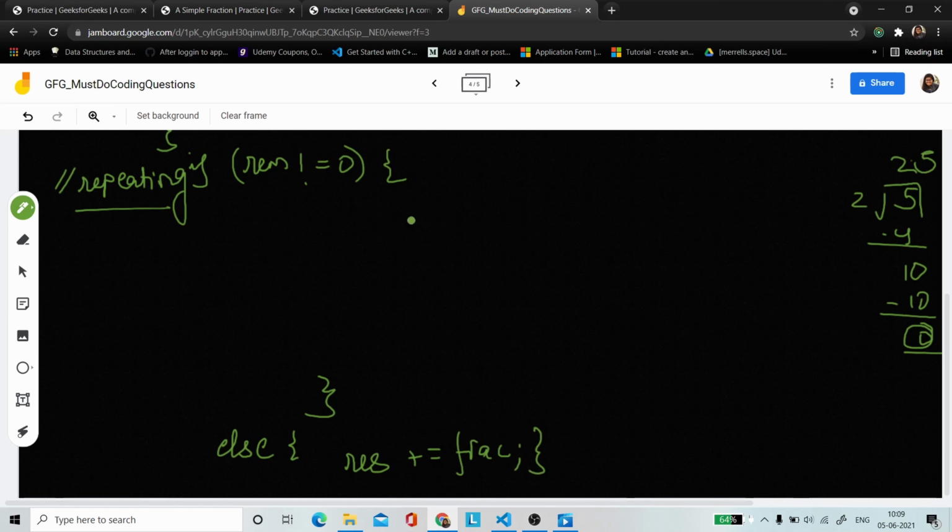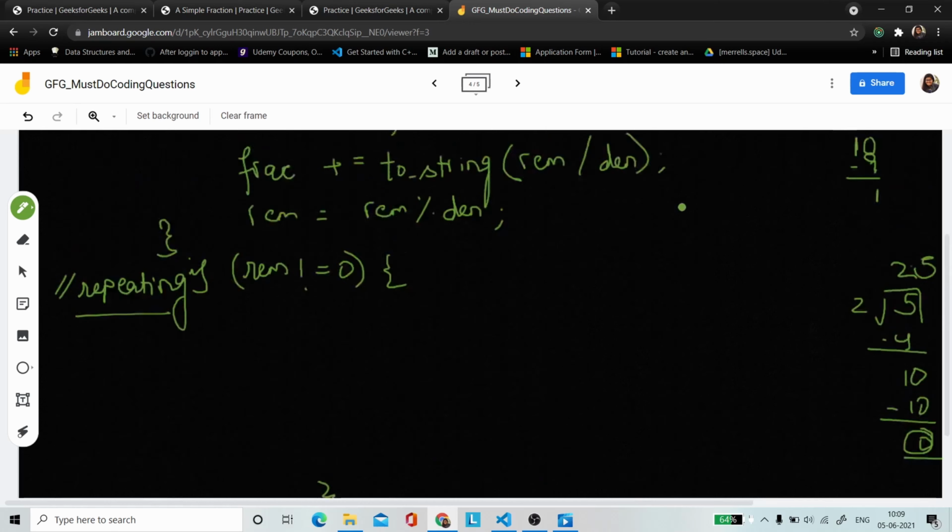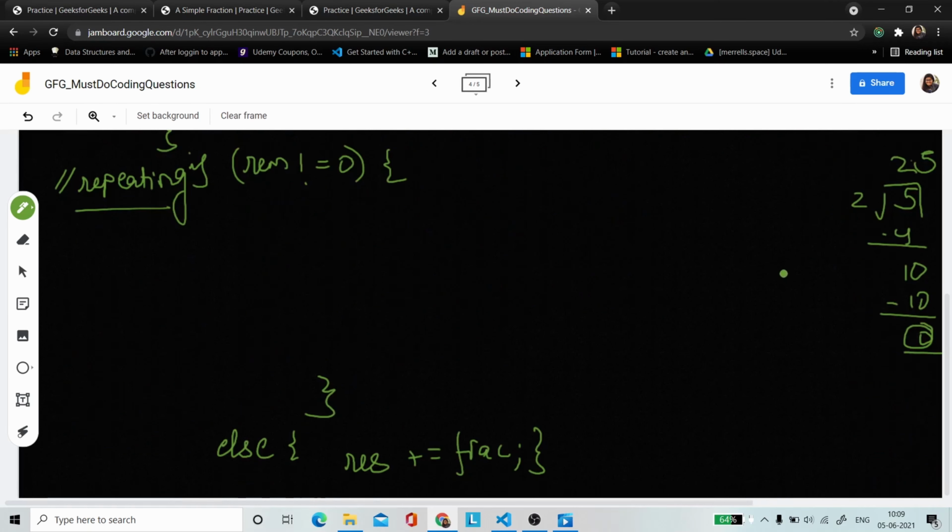But if this remainder is not equal to 0, it means that there is some repeating part, like in this case. Or it may be that there is some repeating part and there is some non-repeating part. So what you will do is, you will again try to extract the non-repeating part and enclose the repeating part in brackets. In order to extract the non-repeating part, let's take another string to store it,